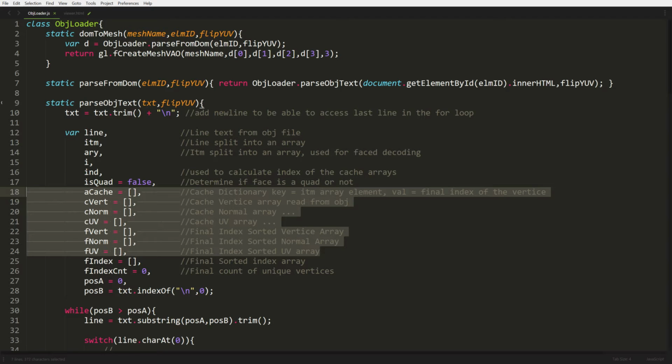As you see, I have something called a cache, cvert, cnorm, cuv, and then fvert, fnorm, fuv. Now the thing is, we need to reference everything and rebuild everything, because the object file is compressed in a certain way, like I explained before, where everything is saved as unique values, and then you use the face information to link everything together. Since it's done that way, we can't really just bring the data in normally. Everything has to be rebuilt in WebGL